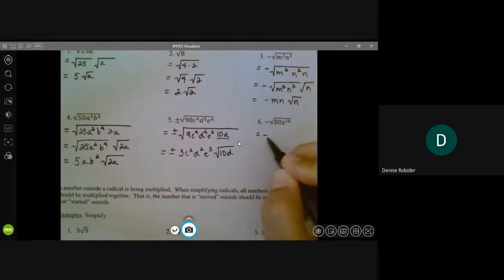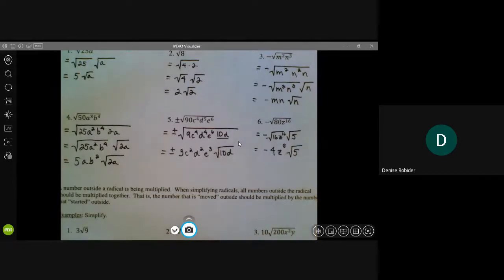This is really 16 times 5. And then Z to the 16th has an even exponent, so it's a square. So we'll get the negative of the square root of 16. And what's the square root of Z to the 16th? Z to the 8th. And this is going to stay in the radical. Okay? You're going to say, okay, that's great and all, but how does that help me? Well, I'm going to show you